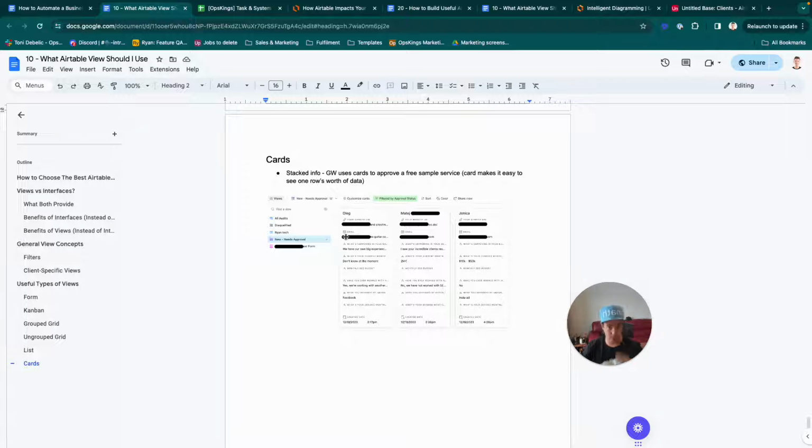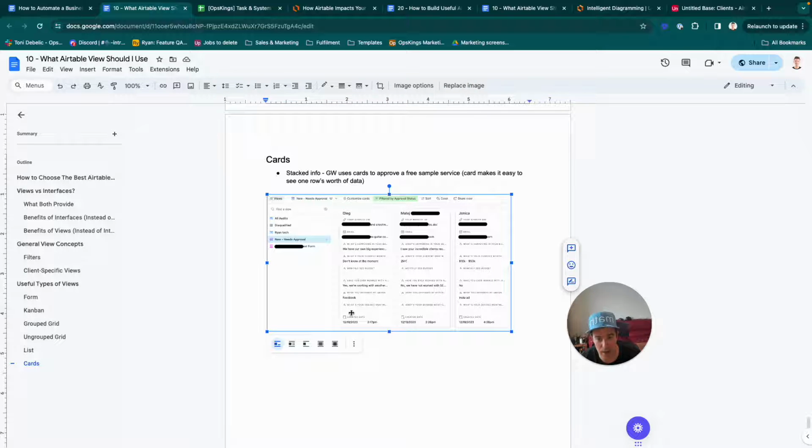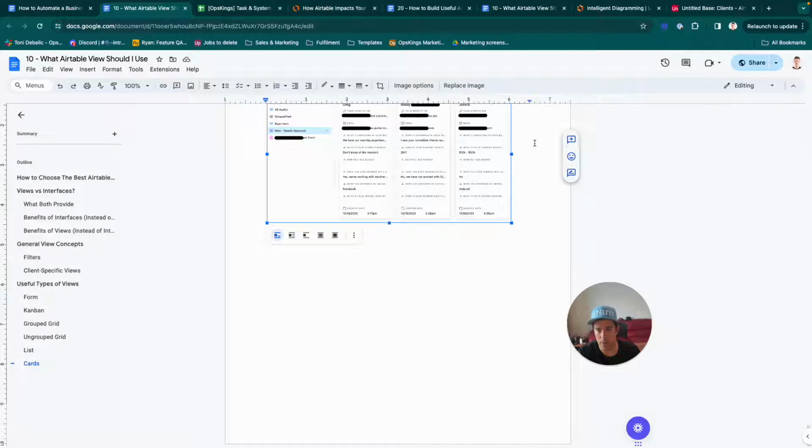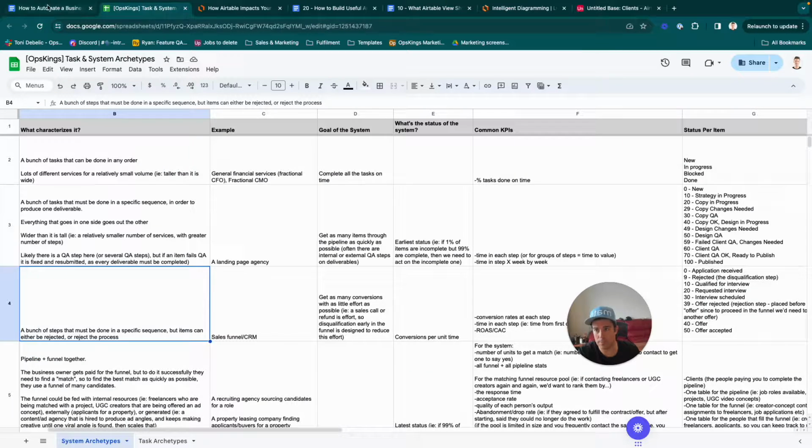This is a sales funnel thing. And so that would be what a card is for. And the nice thing about a card is you can stack all the information vertically like this, and it compresses the view rather than showing it on a grid where you have to scroll all the way across to see it, right? So it just rearranges the data in a vertical format, which is a little easier to see, and you can customize what is shown here in the card. All right? So that is that for